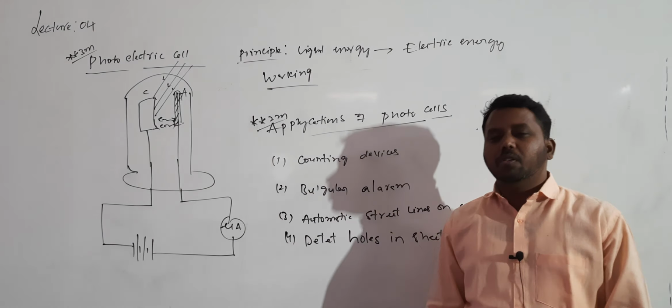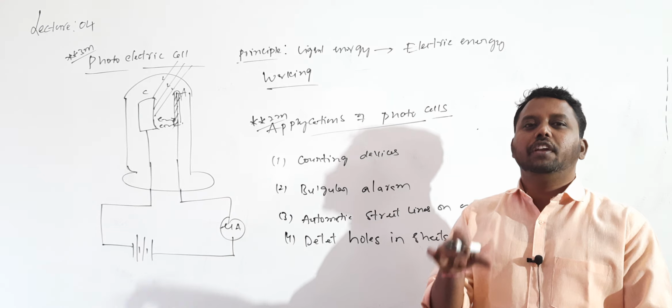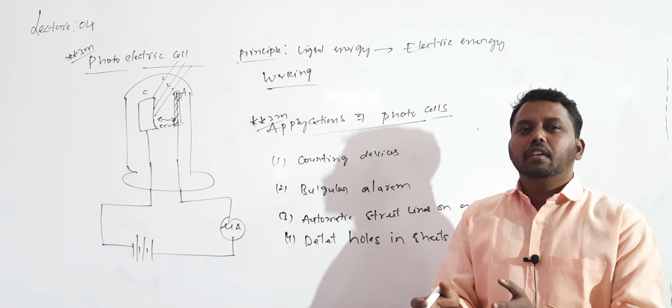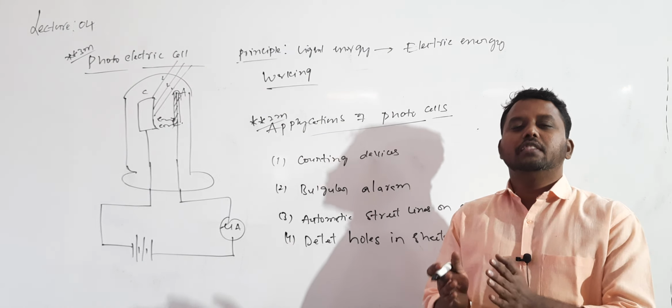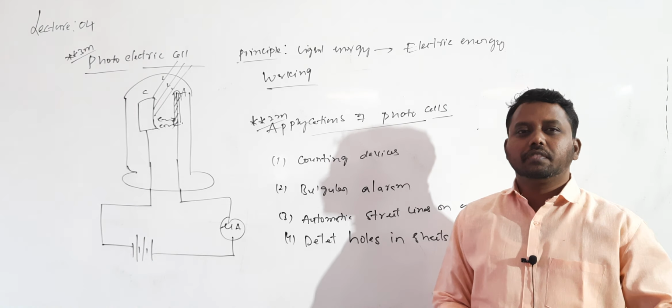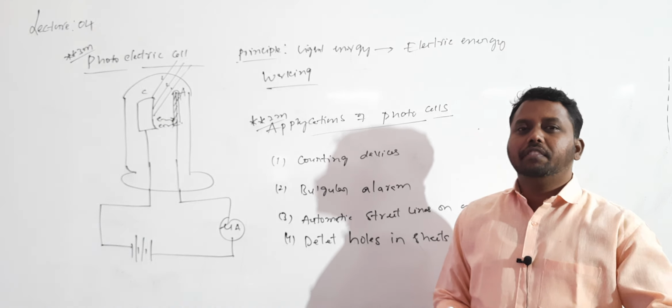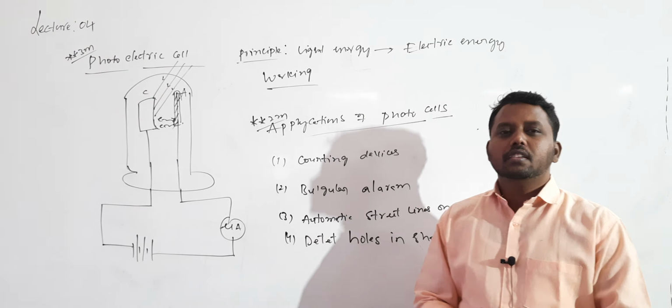Even these photocells will be used in movie theatres for reproducing the sound which is there on a film. The movie will be there on the film, and in order to reproduce the sound, they will use these photocells only. Photocells will also be used when light is coming from two sources, in order to find out the illumination, so the intensity of that source can be detected by using these photocells. There are many applications based on these photocells. So this is a topic based on photoelectric cell: principle, working and applications. Important question for 3 marks.